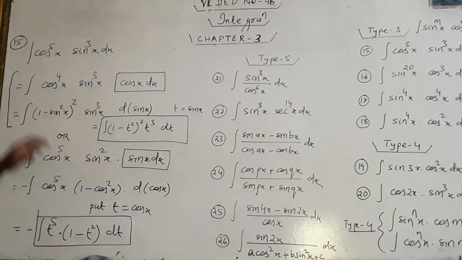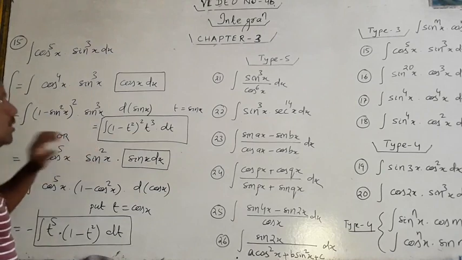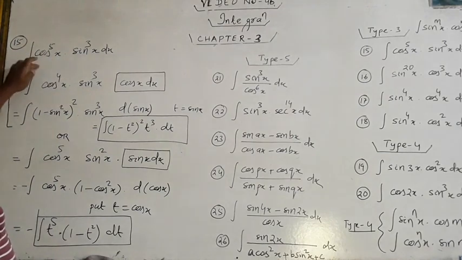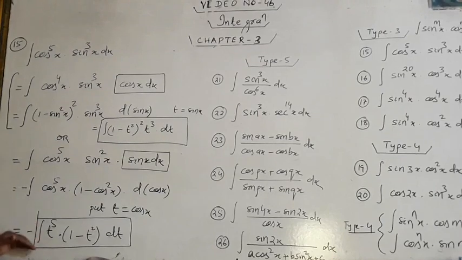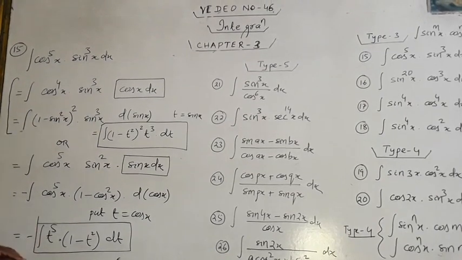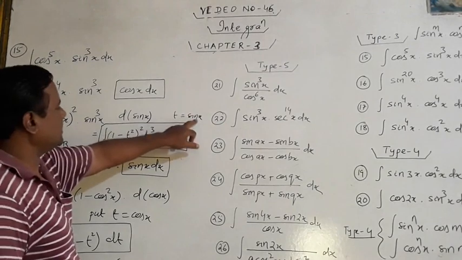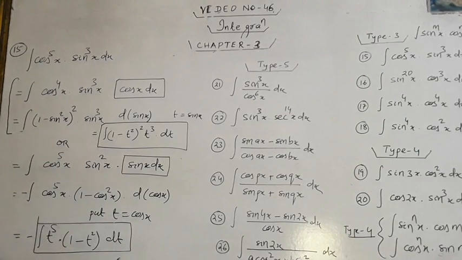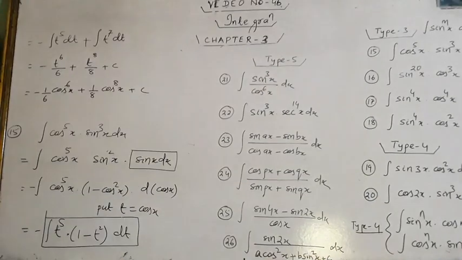So when you break, you should break the smaller one. Okay? Don't break the bigger one. If you break the bigger one, it will be difficult. But if you break the smaller one, it will be easier. Okay? So do this. Mind it, both answers will differ. Here the answer will be in terms of sin x. Here the answer will be in terms of cos x. But both answers are correct. Okay? And take the screenshot of this problem. After this you can do it. Okay?